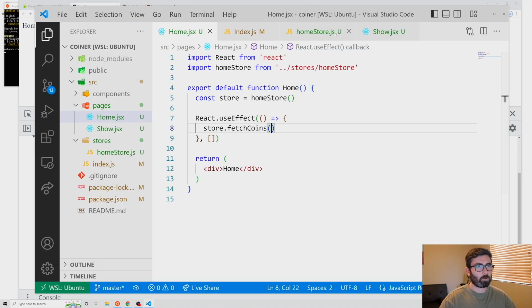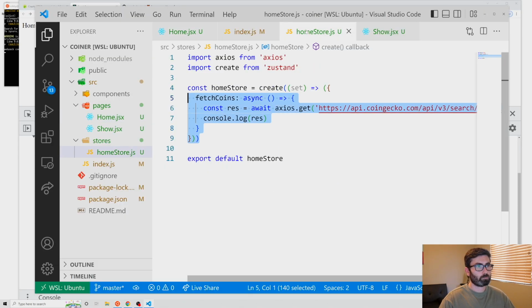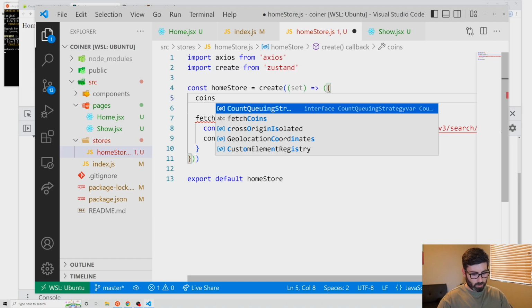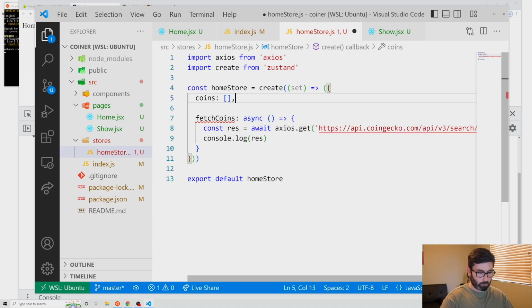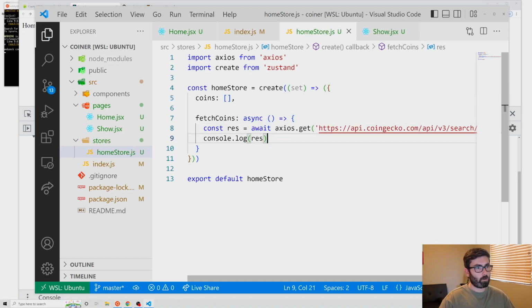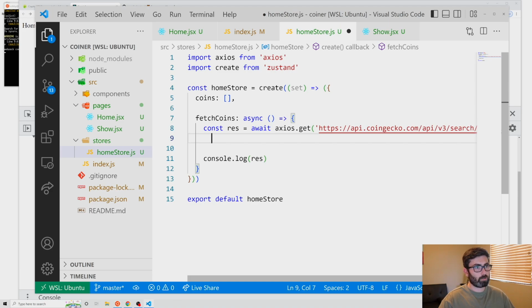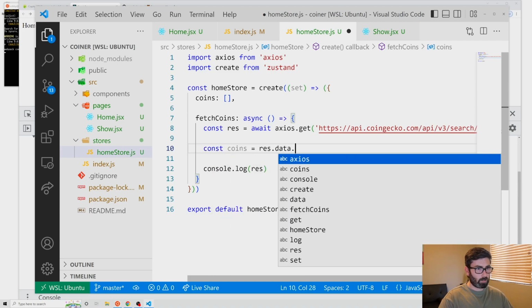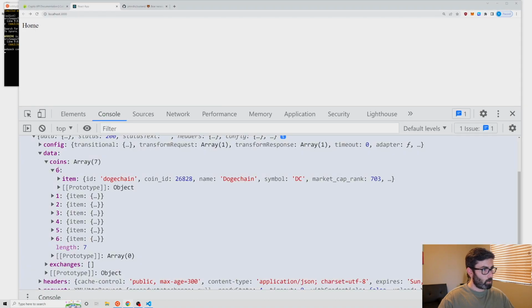So let's go back to our store, and let's create some state to store those coins. So let's go, we'll just call it coins, and it'll be equal to an empty array by default. And then in here, we have to set the array to be the retrieved coins. So I don't want to return the whole object how they do, so I'm going to create a new array with just the stuff I want. So let's go const coins is equal to res.data.coins,